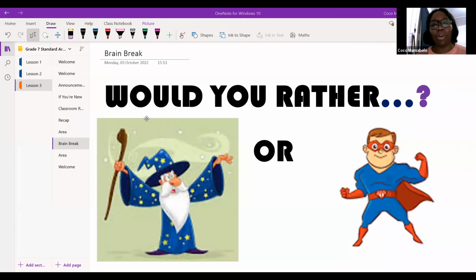Which one did you choose? Which one did you choose? Ma'am, I chose a wizard. Okay, tell me why. I chose a wizard because, ma'am, if you are a wizard, you could also give yourself superpowers. And also, you can give yourself some brains so that you don't have to practice maths or other subjects and pass with